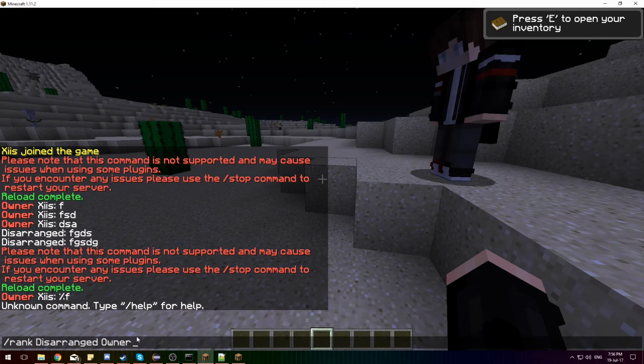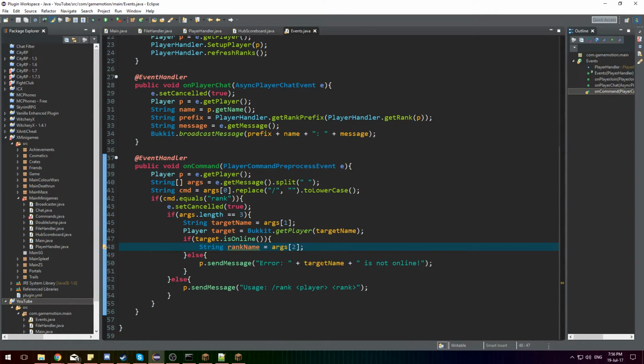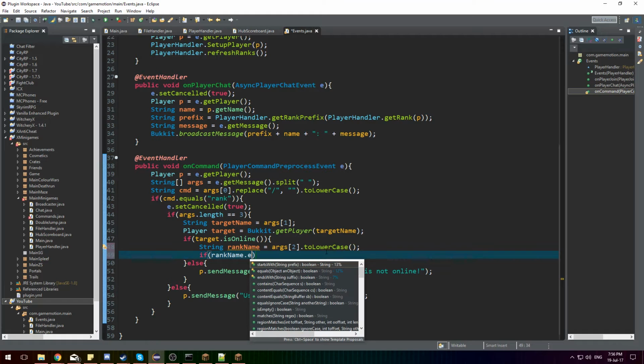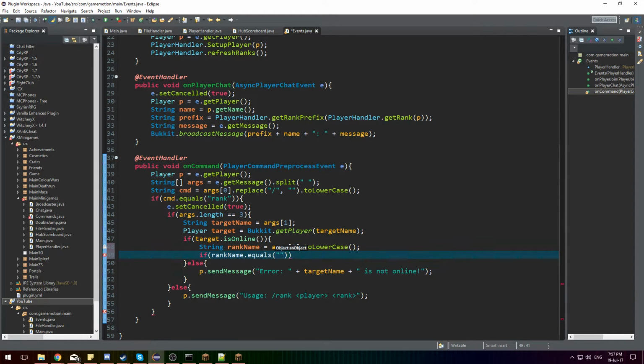You could do rank, owner, disarranged, or whatever order you want it to be in. This is the order I'm going to do it in. And we also want to do toLowerCase again, so it doesn't matter whether they put it in caps or not. If rankName.equals